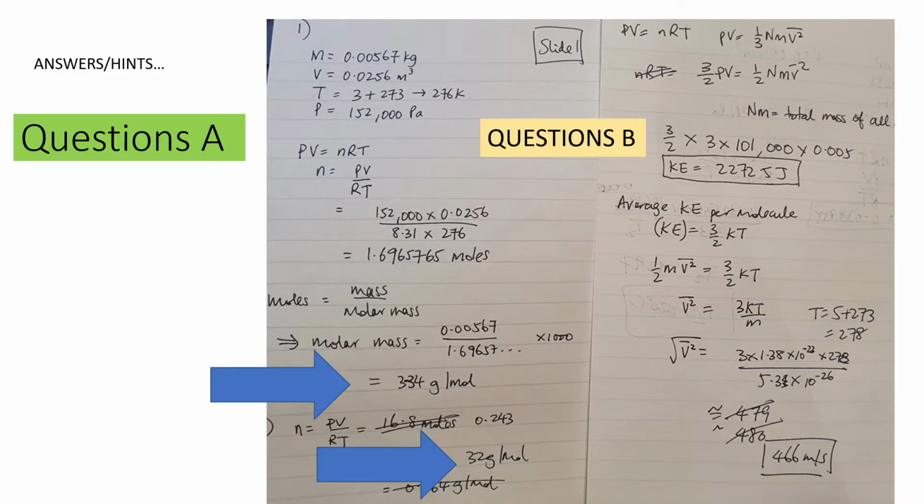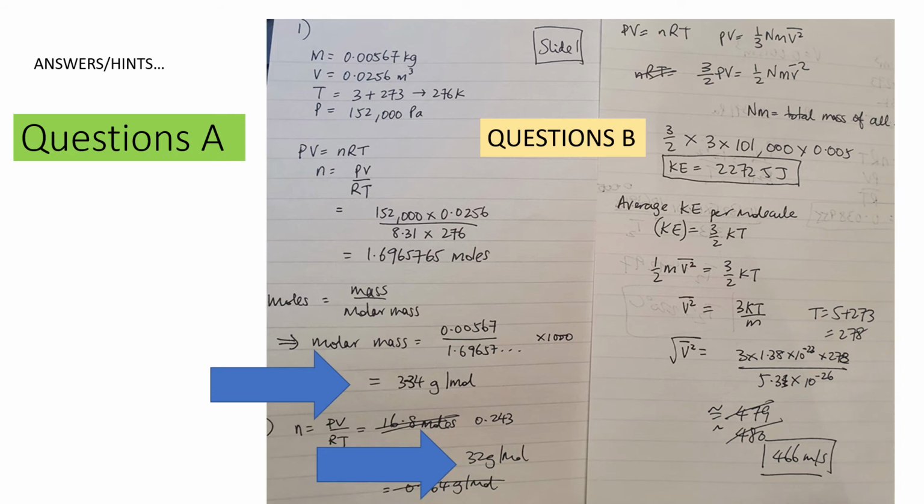So these are the answers, hints for the slide where it says question A. You've got the values m, V, T, and P. You convert the Celsius into Kelvin. Use the equation PV equals nRT. Rearrange for n, the number of moles. So put the numbers in. You should get